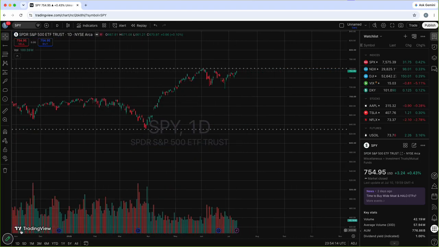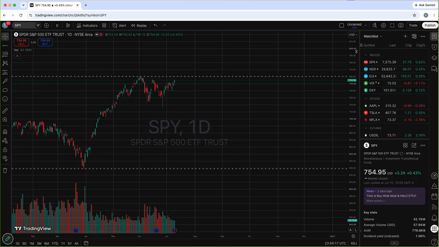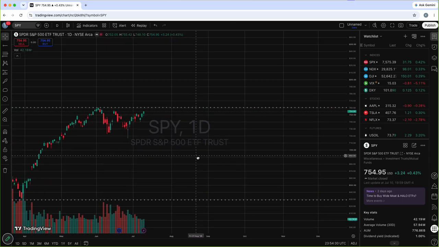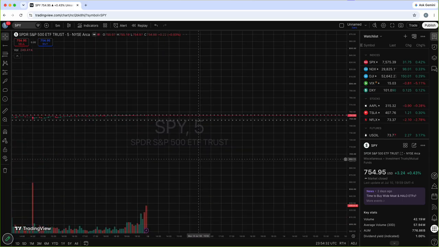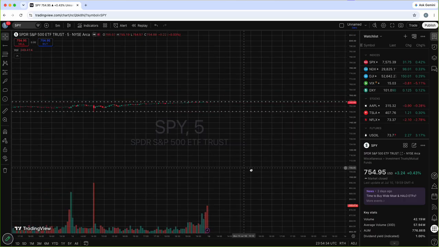With these candles, this represents one day. If you can see up here, it tells you where it opens, high, low, close, and the movement on the day. Same thing if we went to a 5-minute candle. Now, each one of these candles